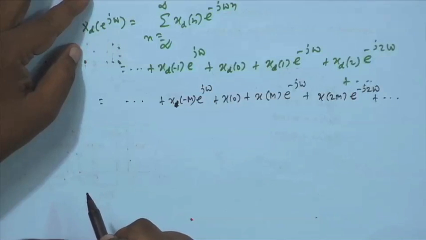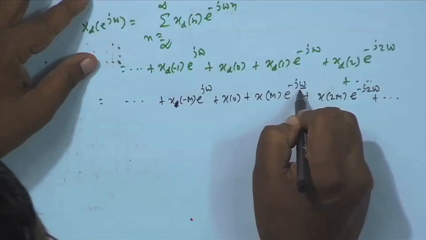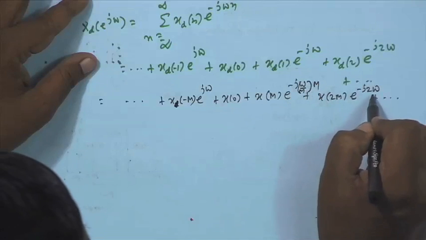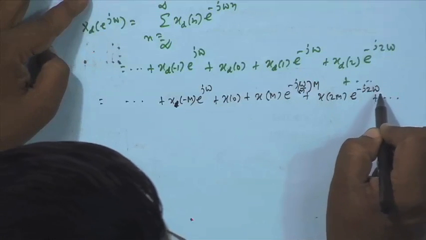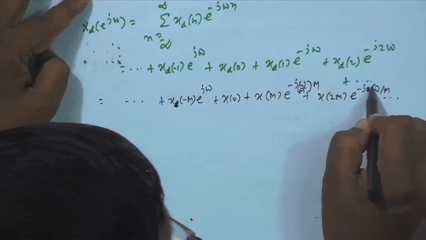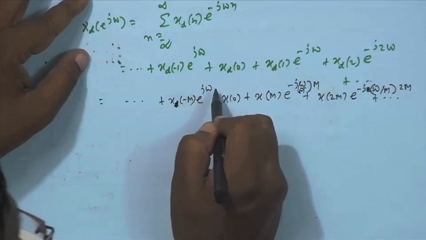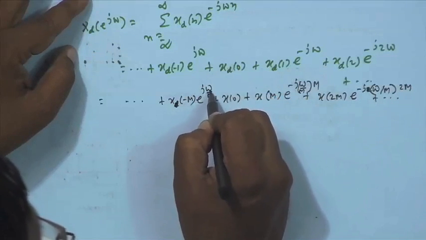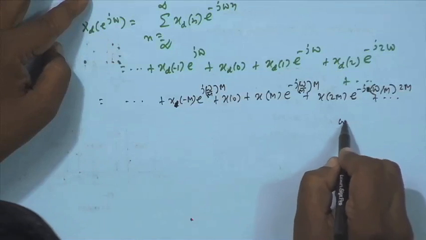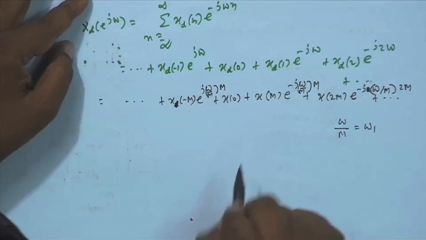All right. Now, this omega I can write as omega by m into m. This I can write again omega by m into 2m. This I can write into m like that. Okay. So, omega is radian, omega by m also radian, you can call it omega 1. So, this is